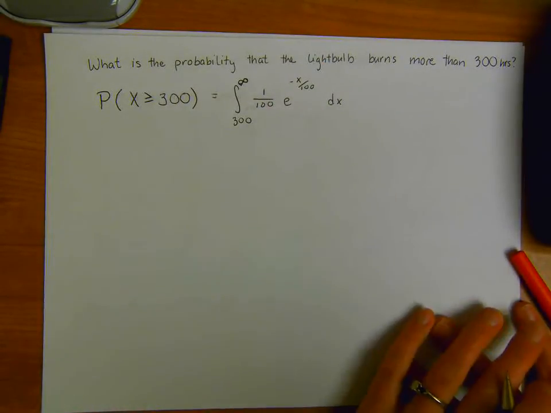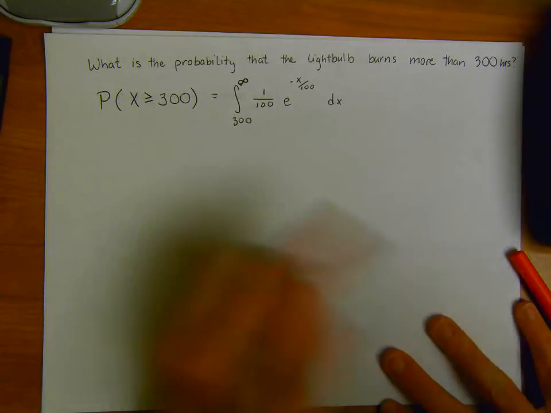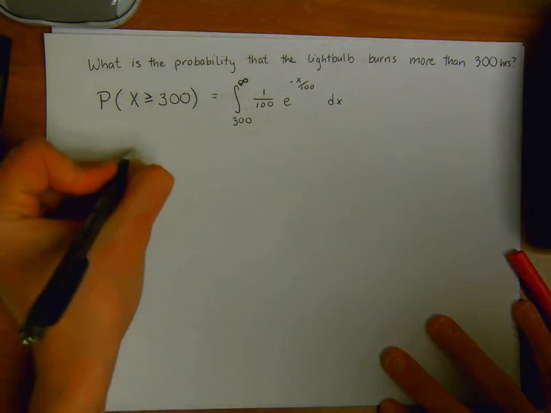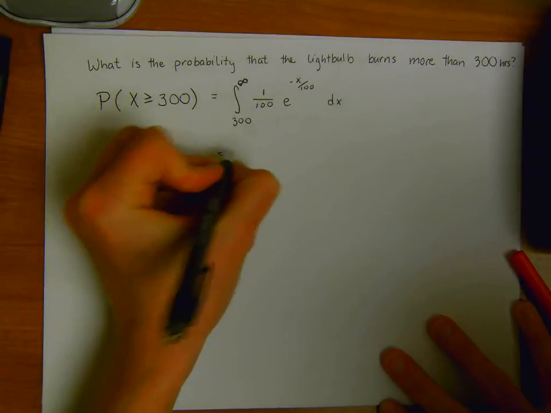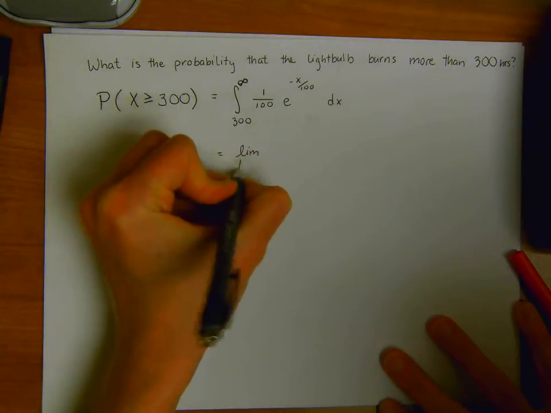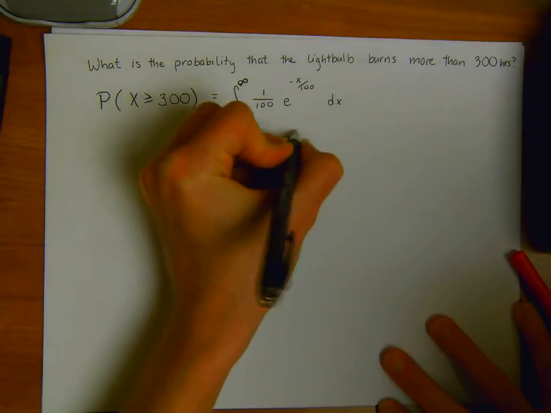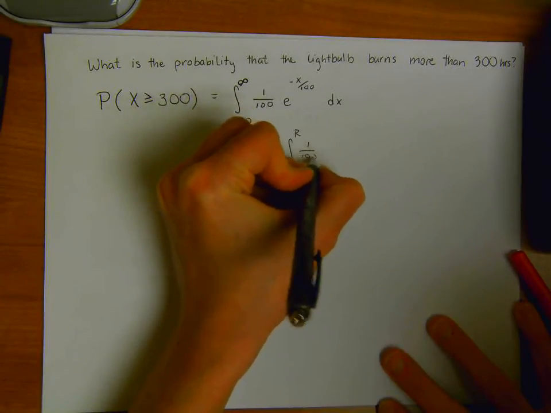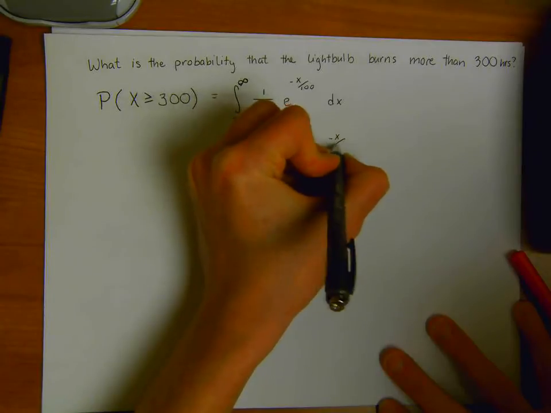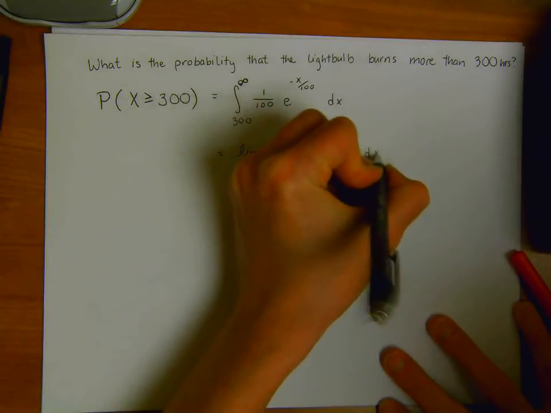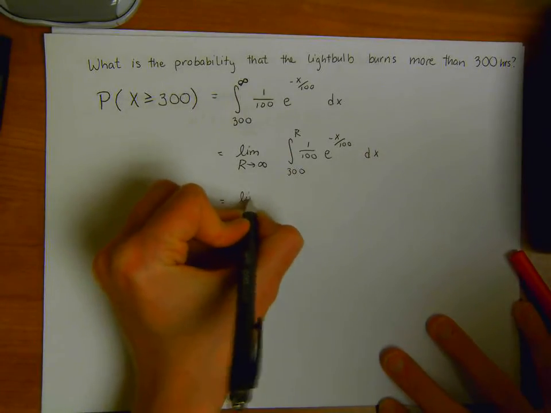So here's a nice application of an indefinite integral. I'm going to do our trick and set this as the limit as r approaches infinity of the integral from 300 to r of 1 over 100 e to the negative x over 100 dx,